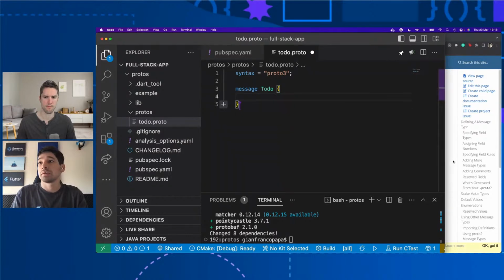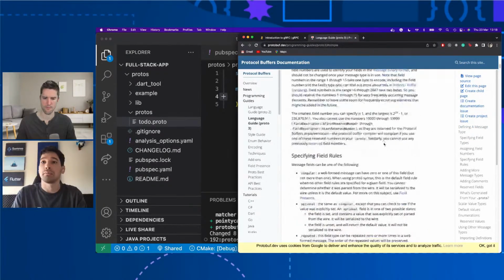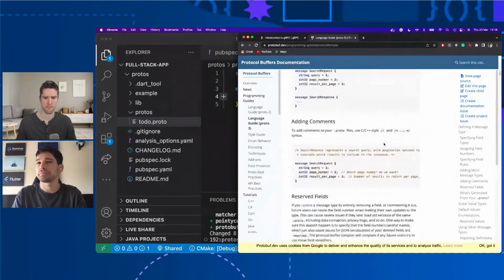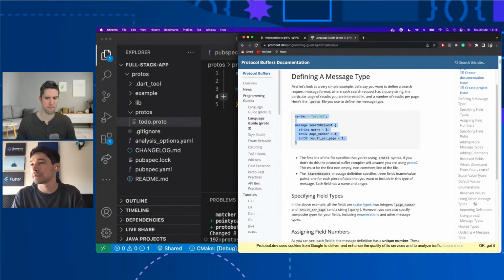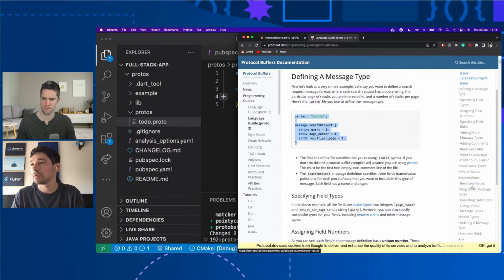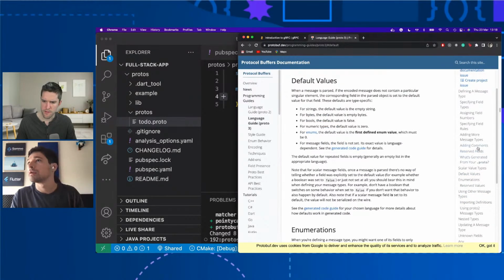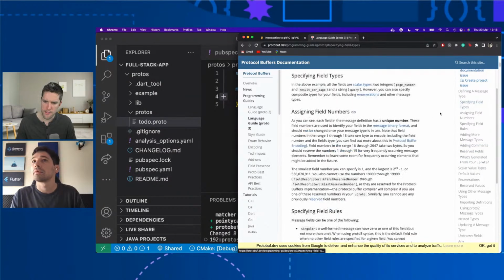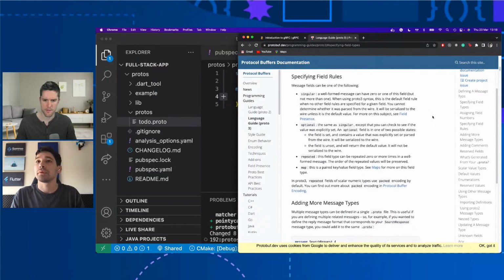If you want to also keep the documentation at hand, there are different types that protobuf supports. Let me see, I'm searching for the types. Default values, scalar value types? No, that's just... You're looking for a single list that shows all the types.